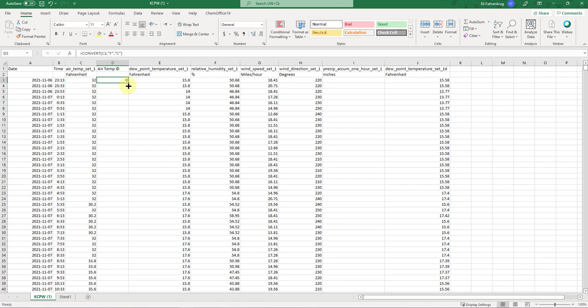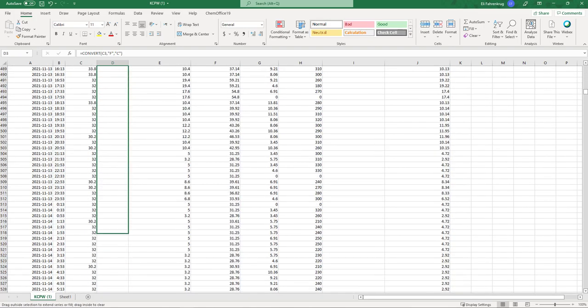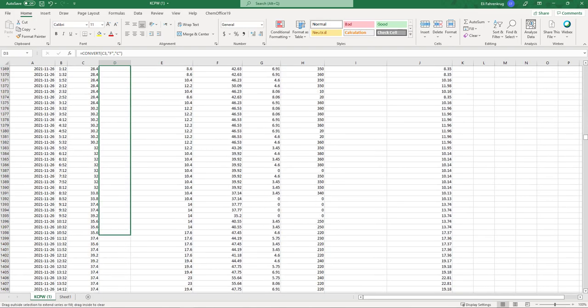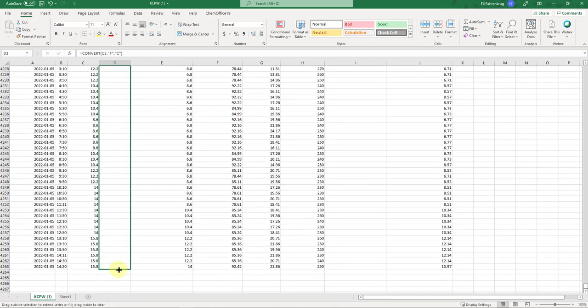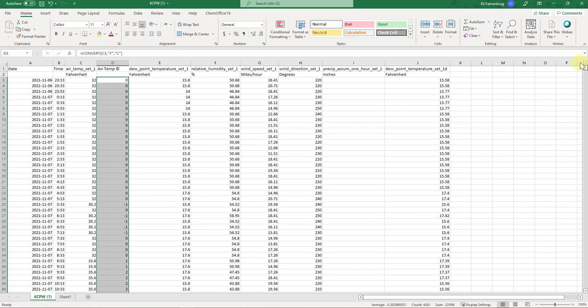So if I click and hold this small dot here and drag while I'm holding, I can pull down through all of my data. Remember, this is only 60 days of data, but it's collecting 3 data points every hour, which means over a 24-hour cycle, that's 75 data points times 60 days, which gives me 3,000 something data points. Okay, so now I have my air temp in degree C. I would want to do that for any value that I'm plotting that has Fahrenheit as the value